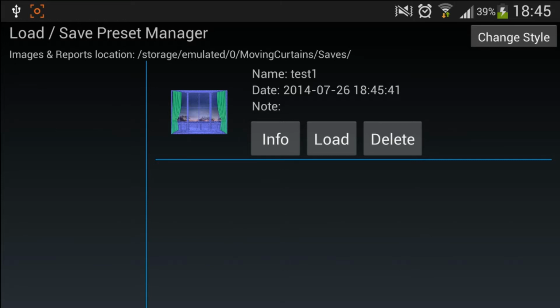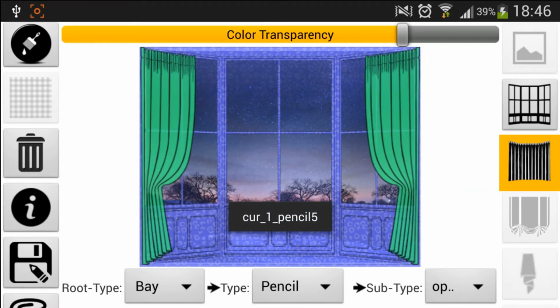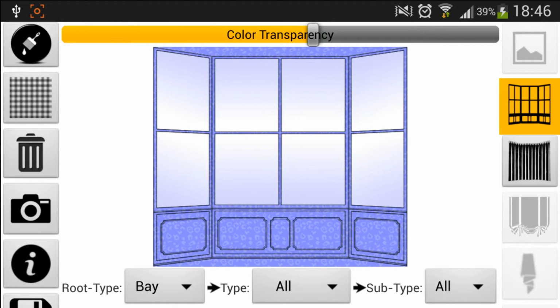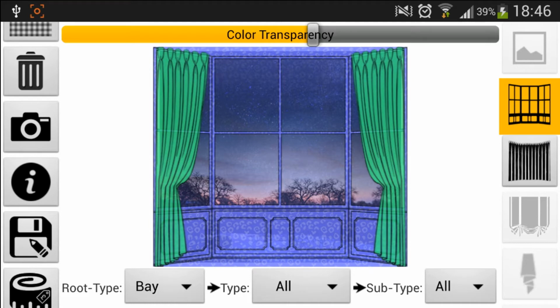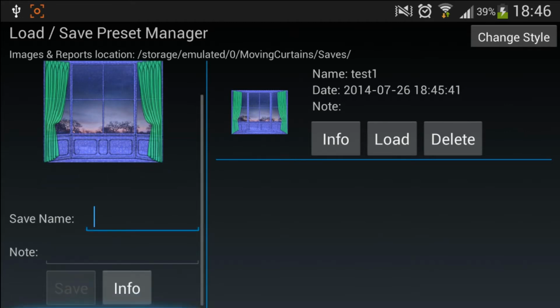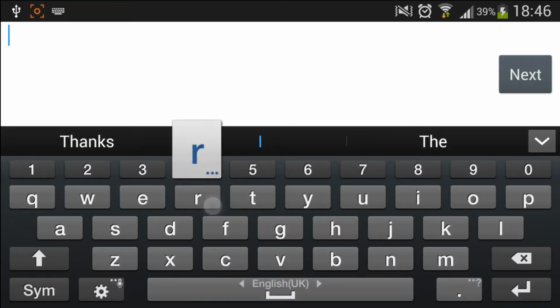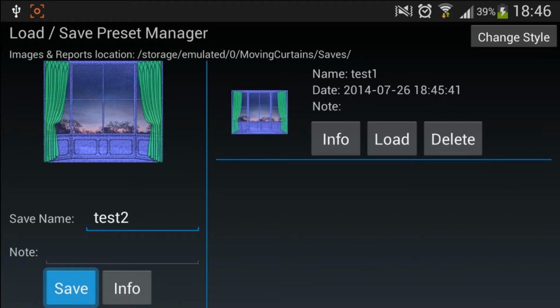Now it's saved, and we can see on the right side of screen that it's saved, and we can load it and delete it. It's like a profile. So let's come back to the main screen. Let's do little bit of changes. And let's say I want to save it again. So I go to save and press test2 and save.